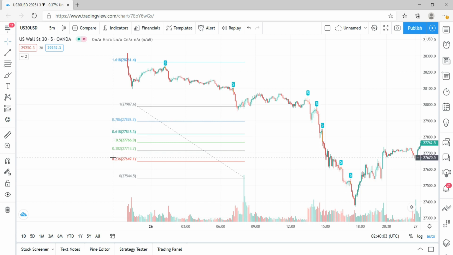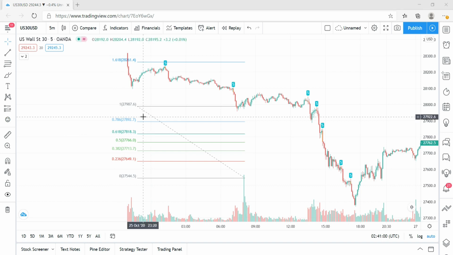You, as a trader, you have to pick one of these. You can't say, okay, this trade I'm going to use the 0.38. You know what? The next trade I'm going to use the 0.5. You know what? The next trade I'm going to use the 0.78. Guys, that's how you get mixed results, right? So in this video, we're only going to use